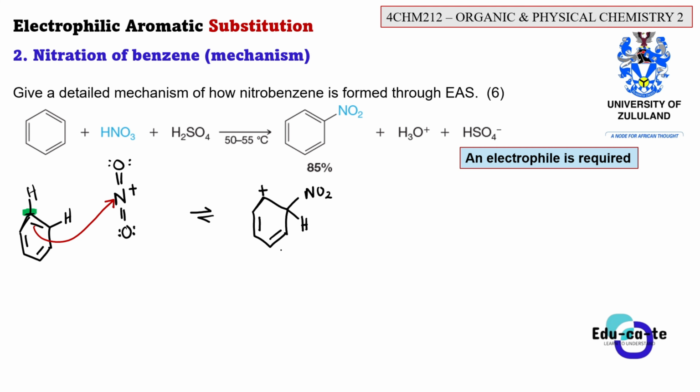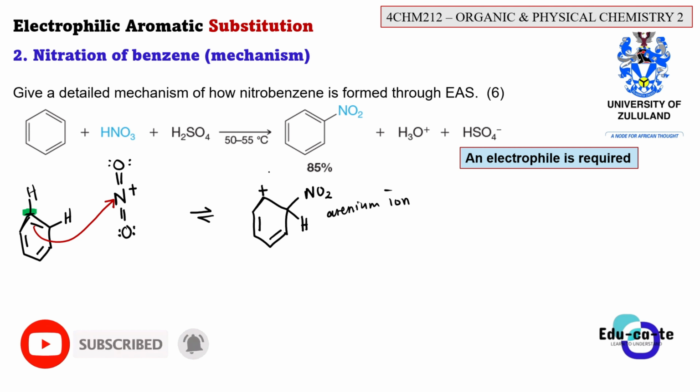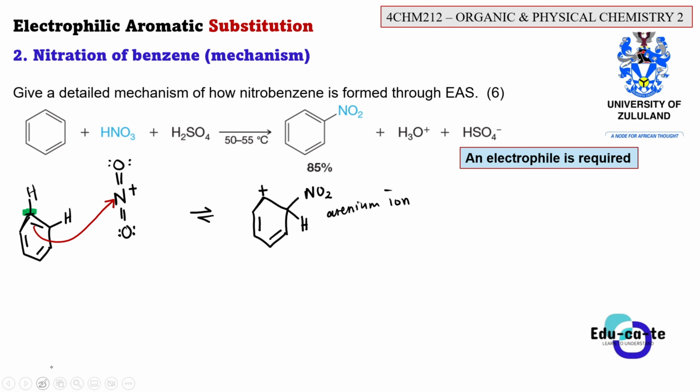So this is what we have. This is an arenium ion that we have. This arenium ion can undergo some resonance. Basically, these bonds can shift, and this charge can shift, but that doesn't matter. We're just going to take this arenium ion. Remember that the product of nitration, any reaction with benzene, must always yield a product, and that product must also be an aromatic ring.